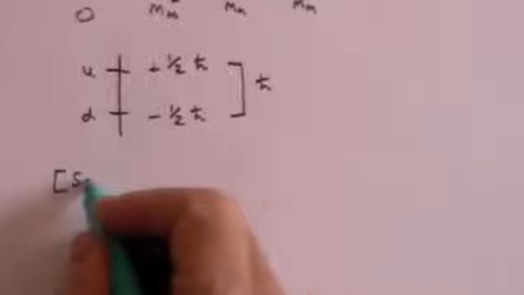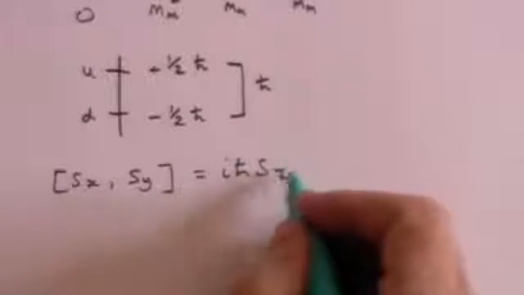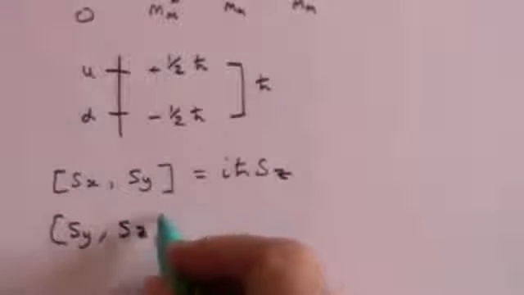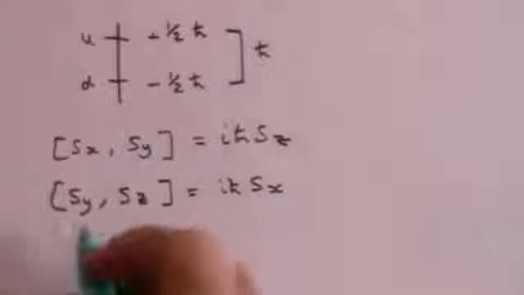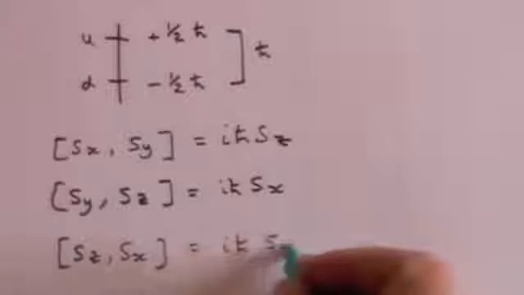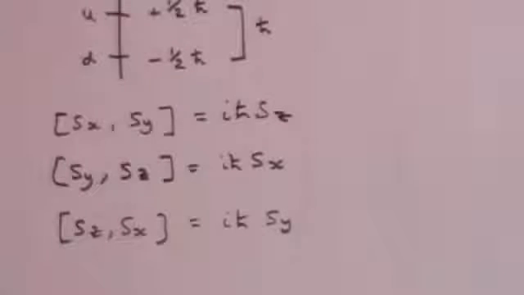And just as with angular momentum, so it is true of spin, that you cannot measure the spin along the x-axis and the y-axis at the same time. The commutator of Sx with Sy is i h bar Sz. The commutator of Sy with Sz is i h bar Sx. And the commutator of Sz with Sx is i h bar Sy. That's exactly the same as what we've just shown for angular momentum. Just as you cannot measure angular momentum along more than one axis,